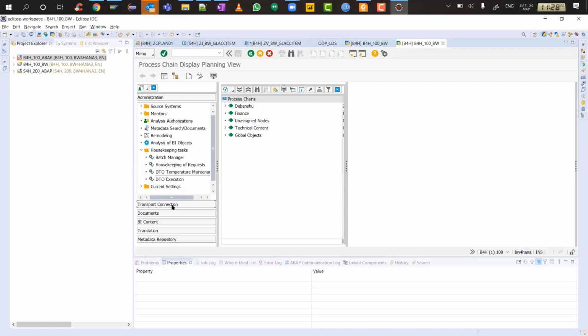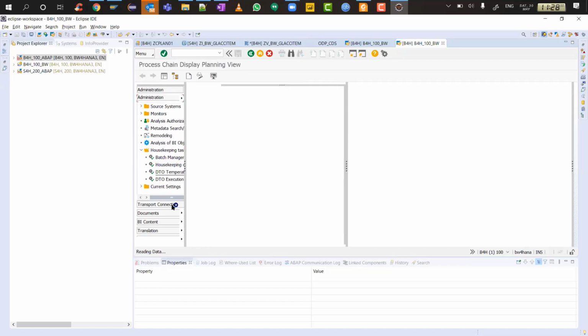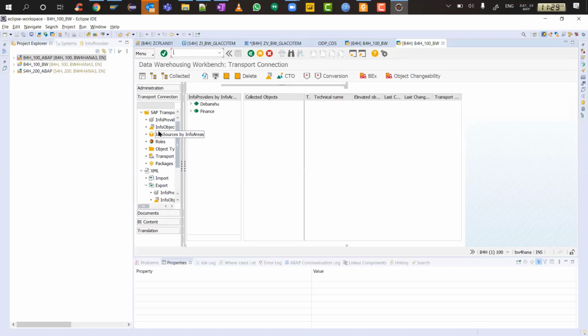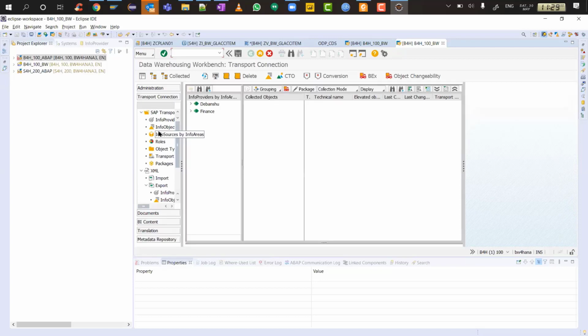Then you have transport. One of the major reasons to go back to transaction code RSA1 is transports. Transport connection is not given in the BW for HANA cockpit. It is given in a very, I would not say it's matured. It's still there, okay, in BW for HANA you can still do transport, but not matured. So I always come back to this RSA1 in Eclipse on the transport and collect my objects and do the transports. And then you have your BI content activation.